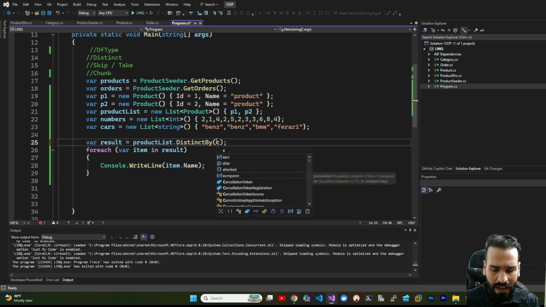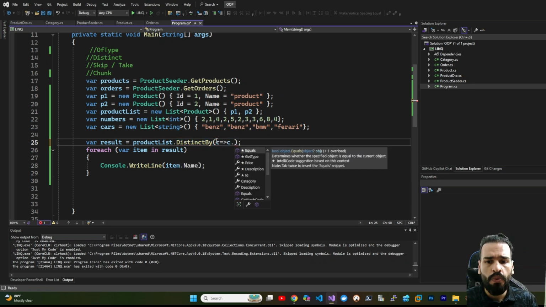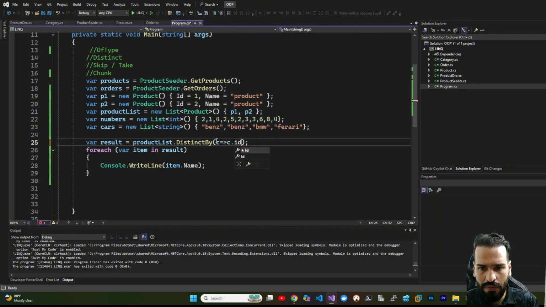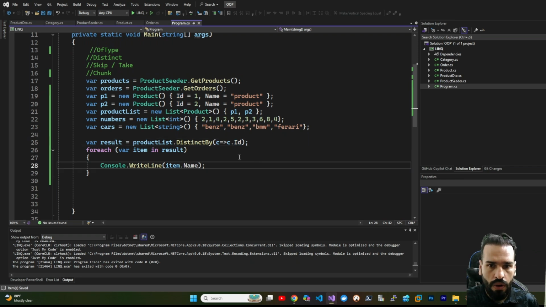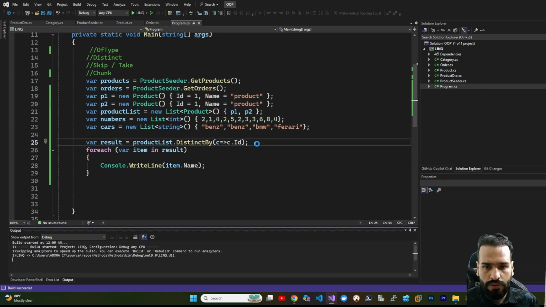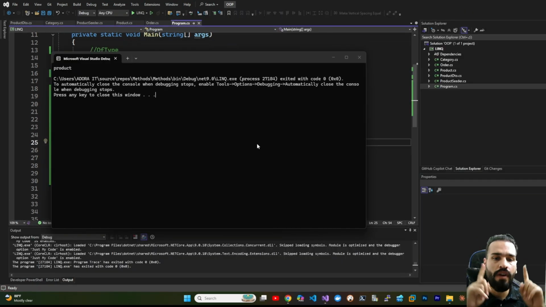Here you have to use a lambda expression. You have to say in which property you want to compare these two items. For example, I say, hey, with ID. Now, if I go, for example, something like this, now both of them are different. Okay, now I will see in the output one item, only one product, because